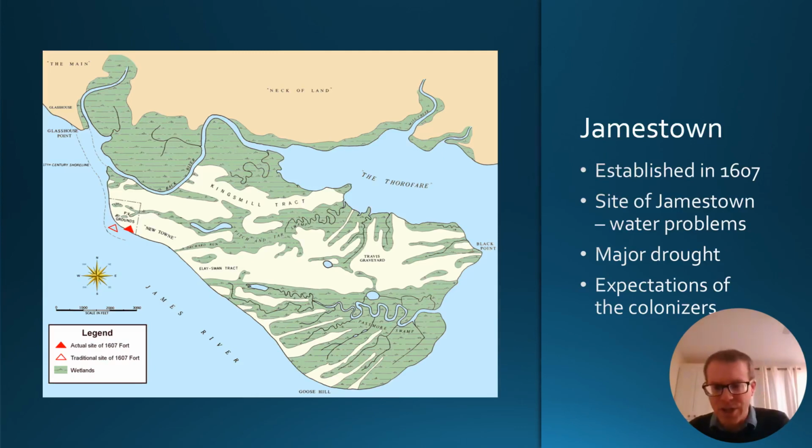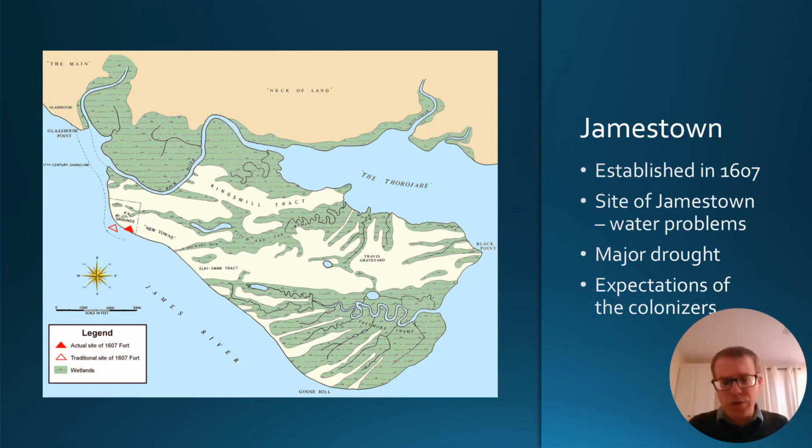You couldn't grow much there. It was a very boggy, kind of marshy place. And there were actually a lot of mosquitoes there as well, which spread disease. So the English colonists chose a very poor site to establish this town, and